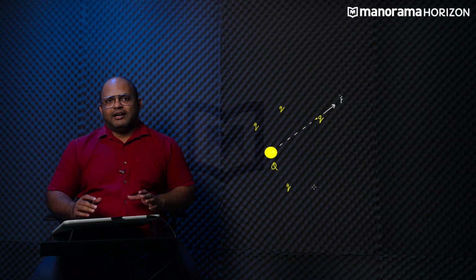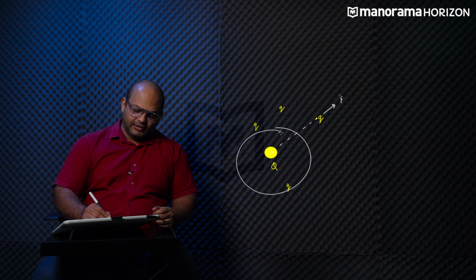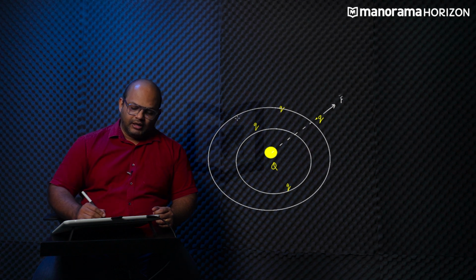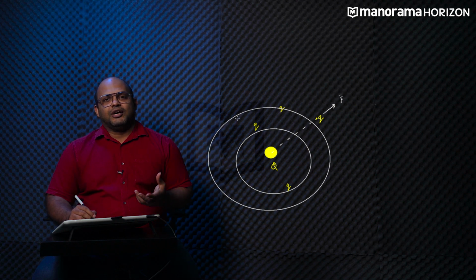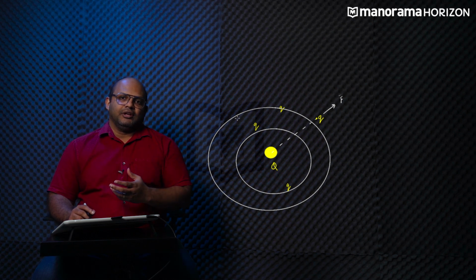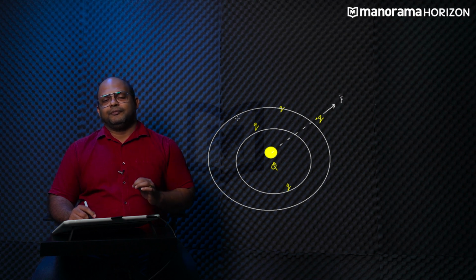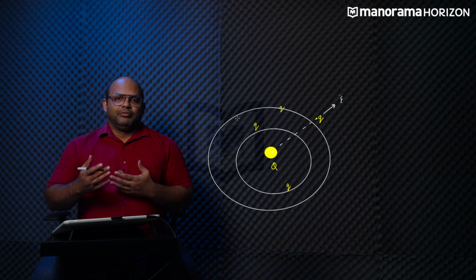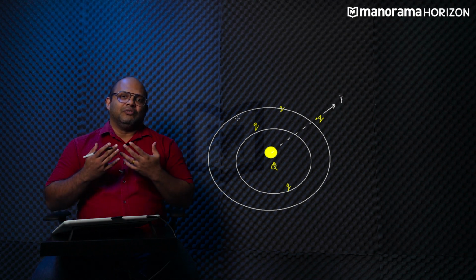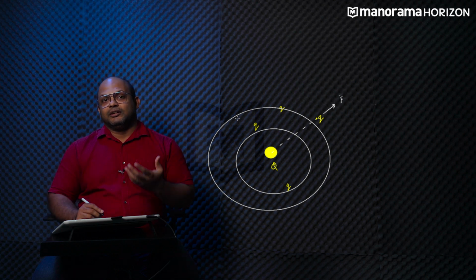So that means that we can define a region around this larger charge capital Q, and every point in that region has a definite value of electrostatic force associated with it. The picture that we have built up so far gives us a working definition for the word field